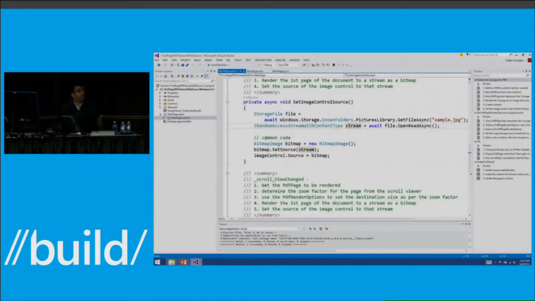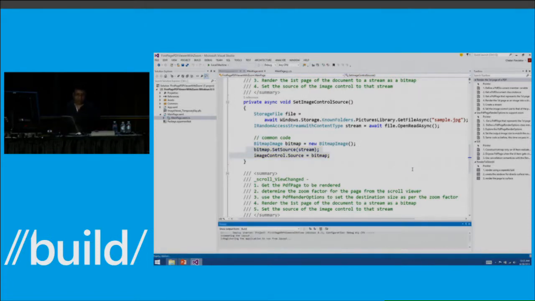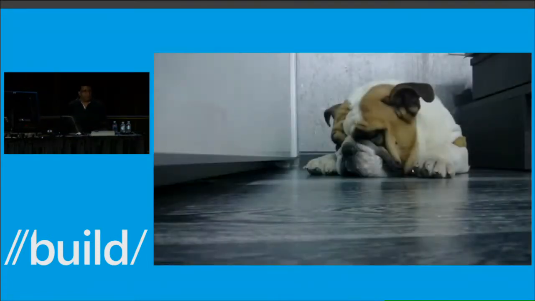In code, it's using a storage file object, constructing a stream from that object, constructing a bitmap image from that stream, and finally associating that with my image control. Let me compile and run this application. There, the image is rendered in my store app.